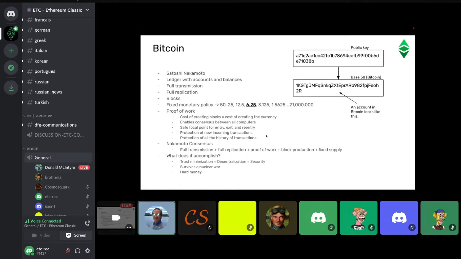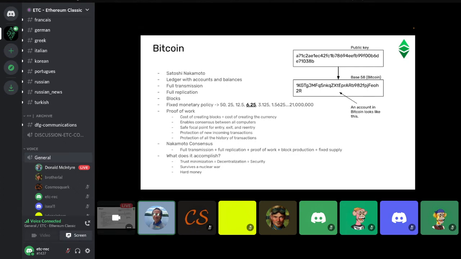This also protects the history of transactions in Bitcoin, Ethereum, or Ethereum Classic. Why? Because when you enter a transaction now, we are in block 723,000. It's a certain level of work that was done on that block. But if you entered the transaction a year ago, say 50,000 blocks ago, to be able